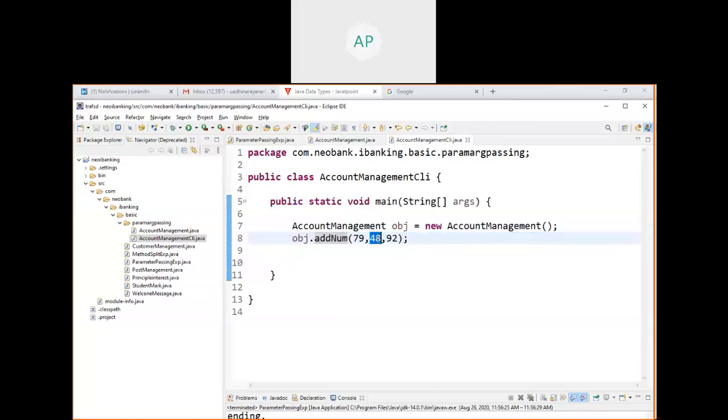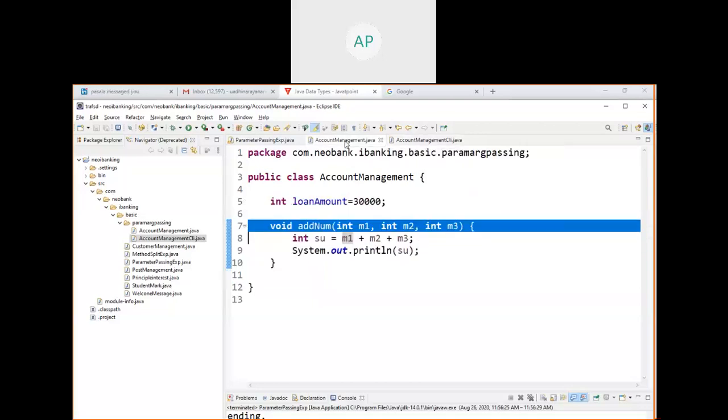Call the method with three parameters, not three arguments. Write a method with three arguments. You should be able to do this.